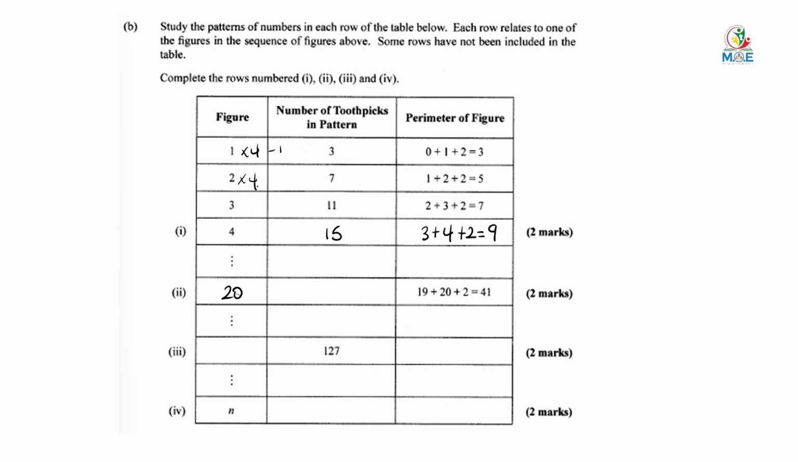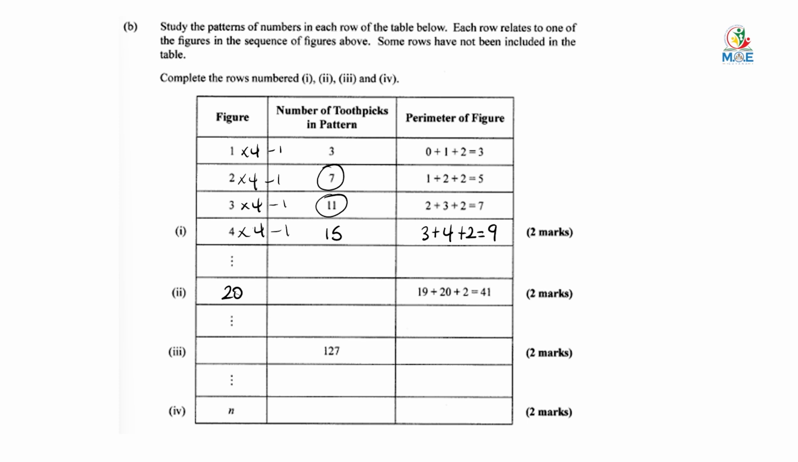So 2 times 4 would give me 8. And if I subtract 1, I will get 7. Let's try 3 times 4. That would give me 12. Subtract 1 would give me this. And 4 times 4 would give me 16. 16 subtract 1 would give me